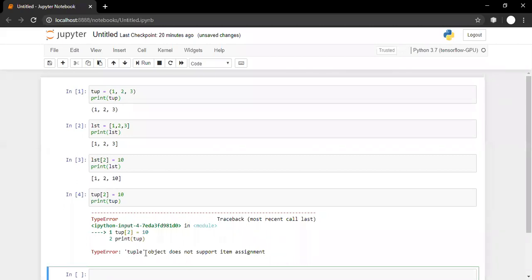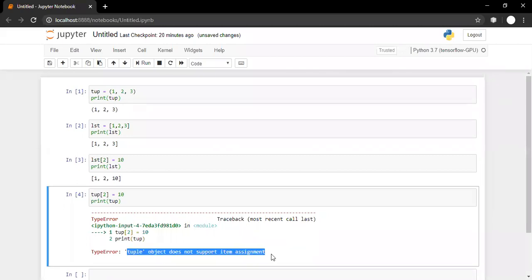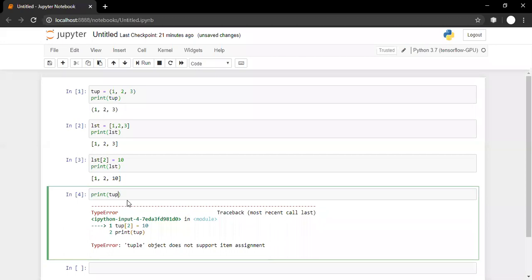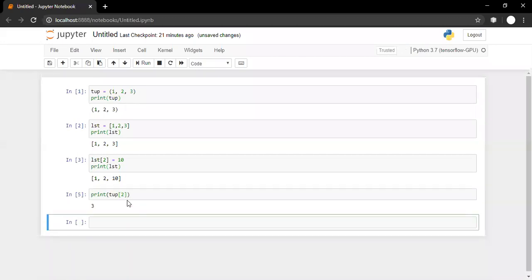It says, tuple object does not support item assignment. So we cannot do it. If you want to access the element, yes, we can access the element, there is no issue. So the major difference between tuple and list is, list is mutable, whereas tuple is immutable. Means we cannot change the contents of tuple.